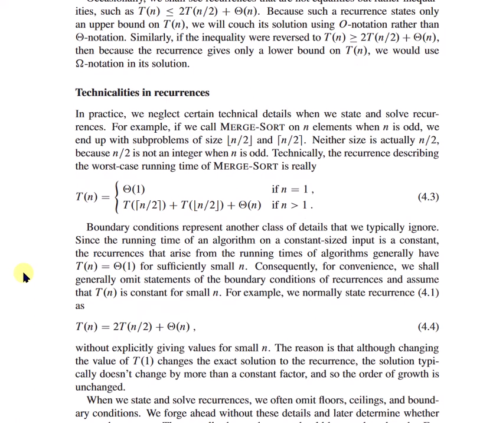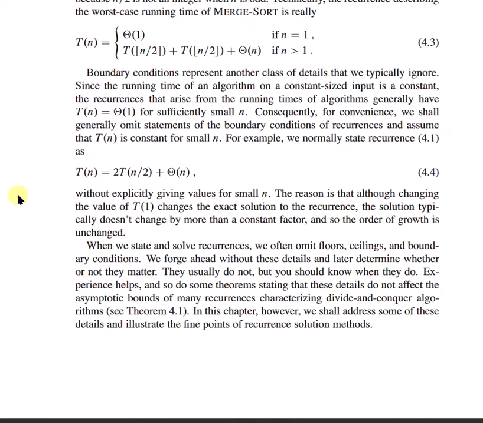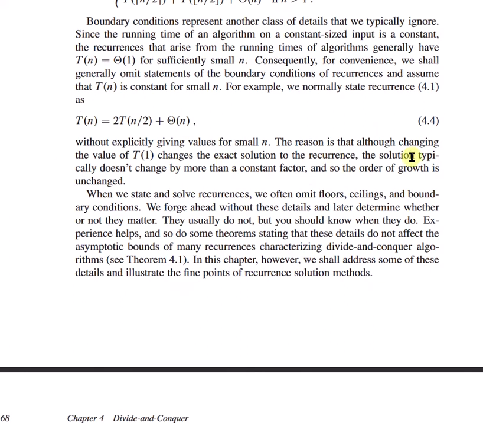Neither size is actually n by 2, because n by 2 is not an integer. Technically, the recurrence is describing the worst case. Boundary conditions represent another class of details that we typically ignore, since the running time of an algorithm on a constant sized input is a constant. The recurrences that arise from the running times of algorithms generally have T of n constant for sufficiently small n, and consequently, for convenience, we shall generally omit statements of the boundary conditions of recurrences and assume that T of n is constant for small n without explicitly giving values, and the reason is that although changing the value